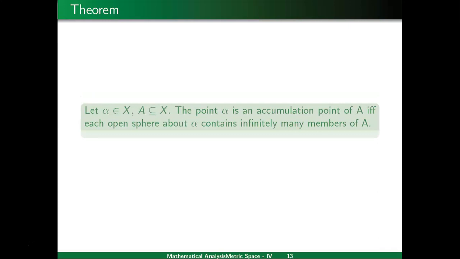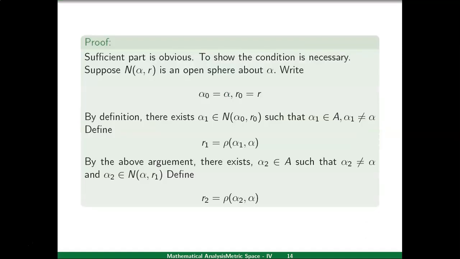Now this theorem says: let alpha belong to X, A is a subset of X, and X is a metric space. The point alpha is an accumulation point of A if and only if each open sphere about alpha contains infinitely many members of A. To prove this theorem, the sufficient part is just obvious by the definition of accumulation point, and to show the necessary condition of this theorem,